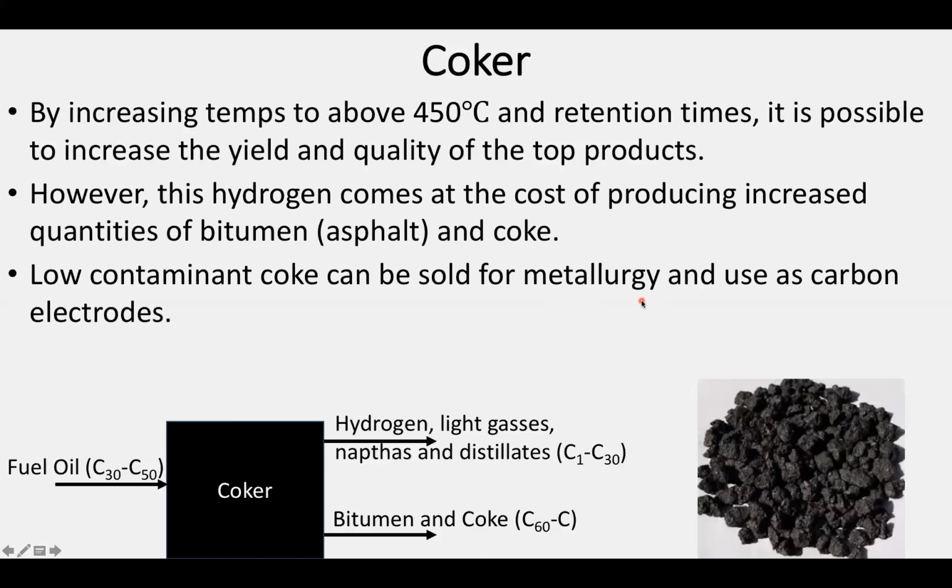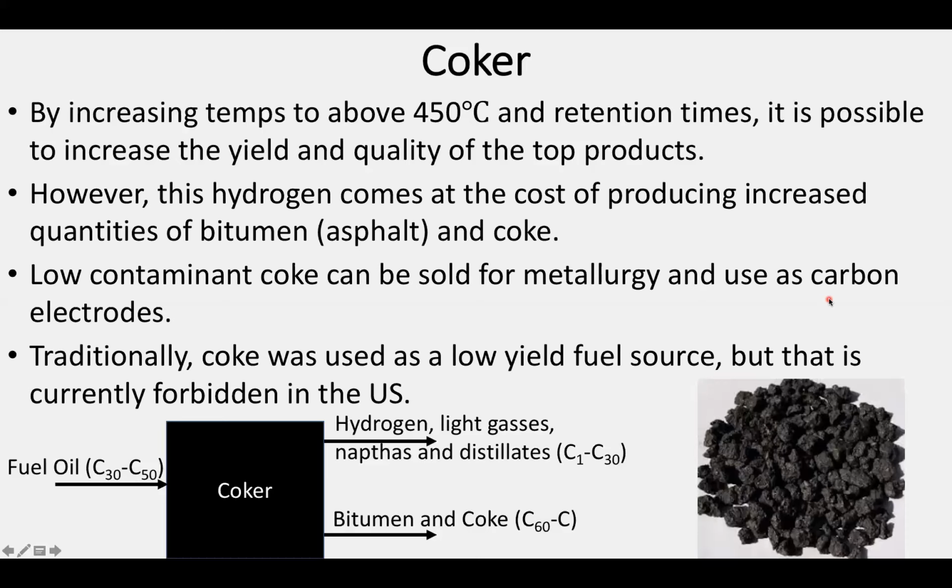So if I'm, say, making steel, I need a pure source of carbon, and coke can be actually fairly good for that. It's also a good precursor for making carbon electrodes, which as an electrochemist, I'm in favor of. However, there's also an unfortunate side effect of this, is that traditionally, coke was often used as a low yield fuel source. So it's very bad as a fuel source because all you can do at this point is turn